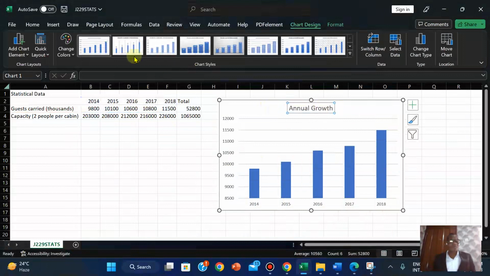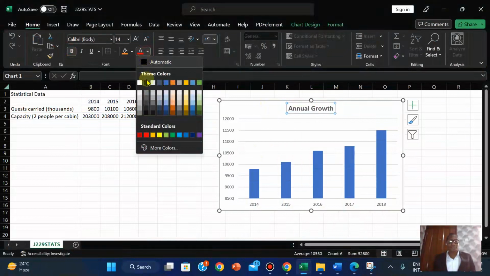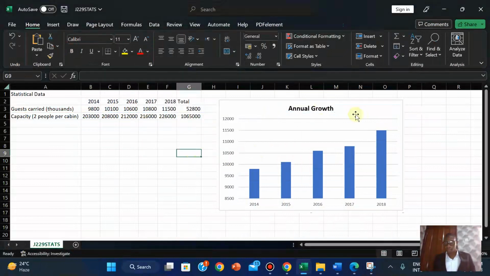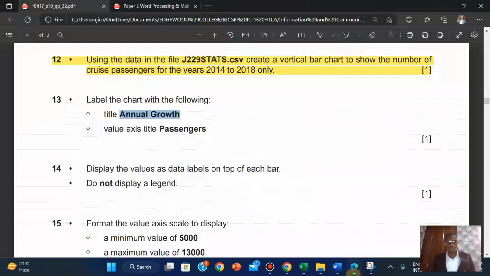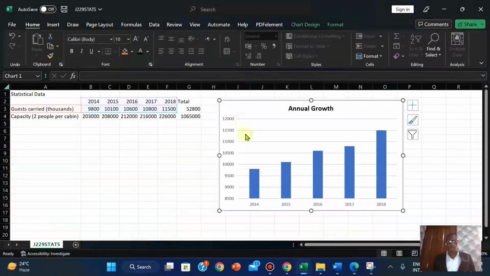Okay, I just want to format it. There's no fill on it, and just make it black. All right. The value as this title is going to be passenger. Okay, so I'm just going to add the axis